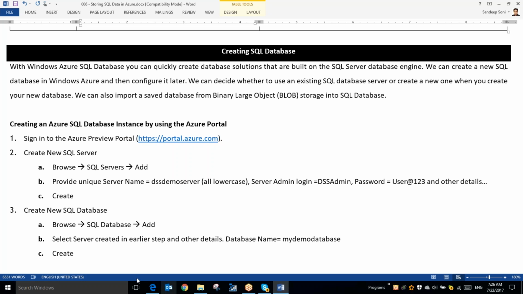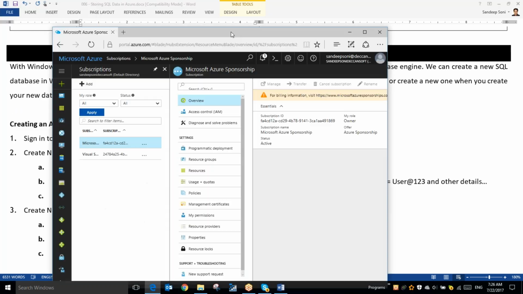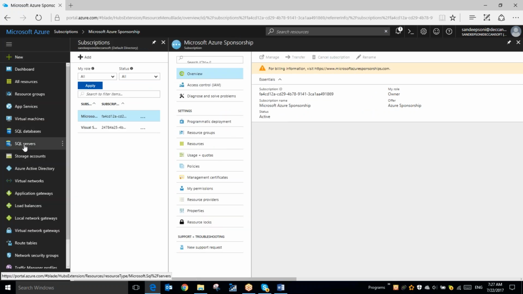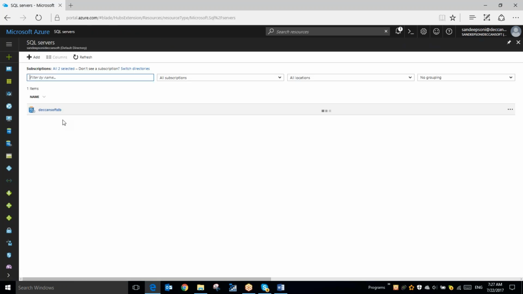So let's now dig into the practical aspect. We have to now create an SQL database. But before that, we should create a SQL server. Now, SQL server does not mean a proper SQL server here. Remember that. SQL server here basically means that we are creating a logical container of our databases. That's it. It's just a logical container for common configuration to multiple databases which we might